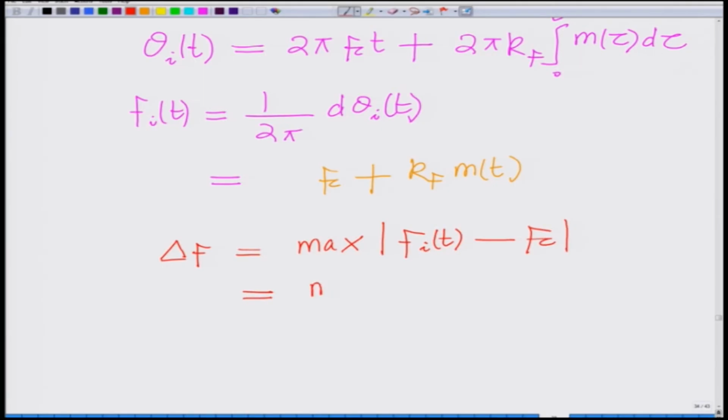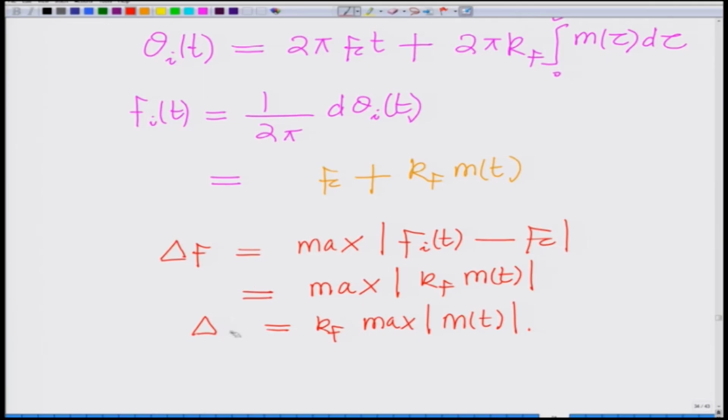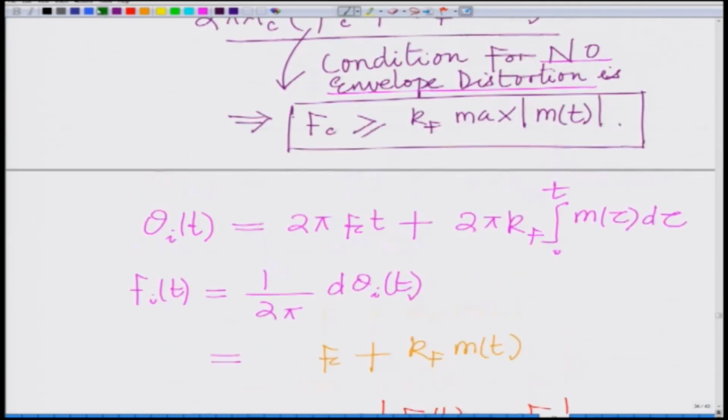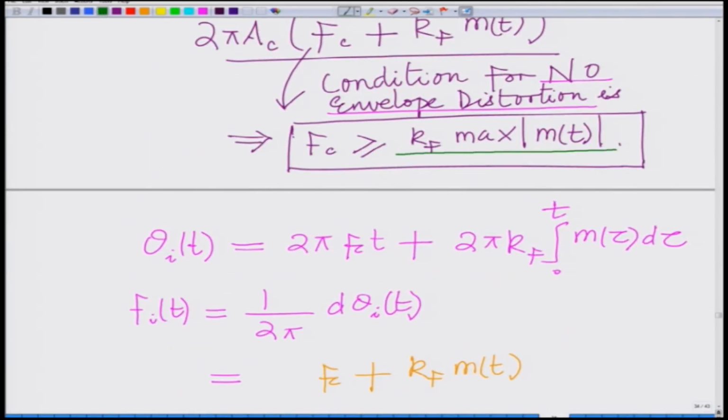This is how we derived the frequency deviation, which is Kf times the maximum of the magnitude of m(t). So our frequency deviation delta f is nothing but Kf times the maximum of the magnitude of m(t). And now, if you look at this, you will realize that this quantity, Kf times the maximum of the magnitude of m(t), is